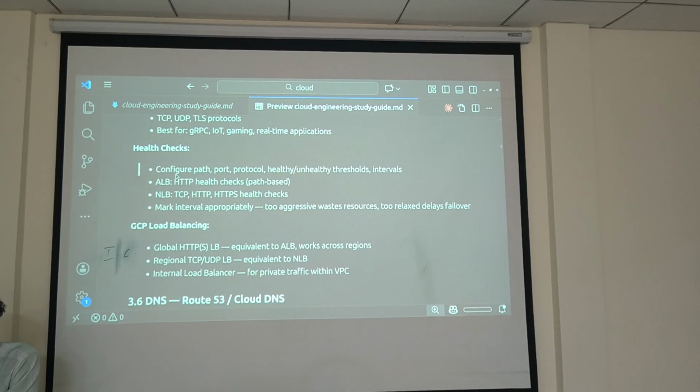Next one is the health check. Health check is nothing but checking whether your application is running or not. Every time, you can also set up some trigger. If at any time my health check fails, I can send a mail to my administrator. Like you deployed your application, you can get the mail. You can set up the application like that.